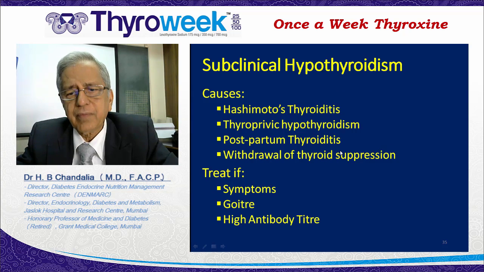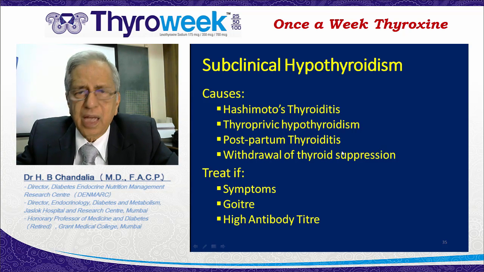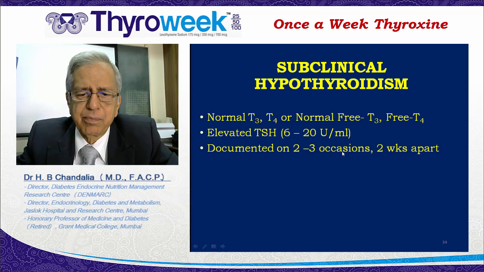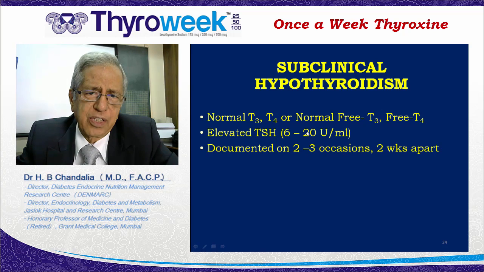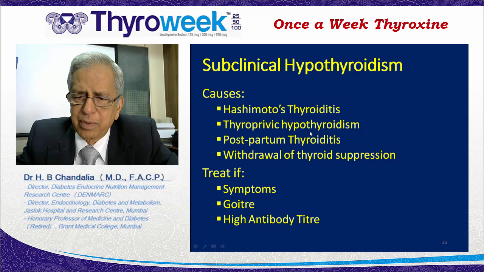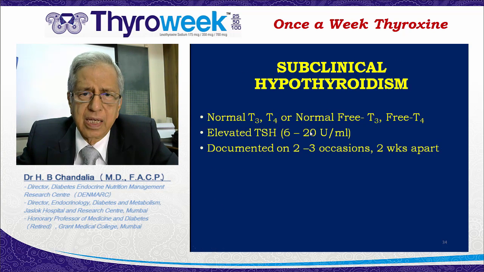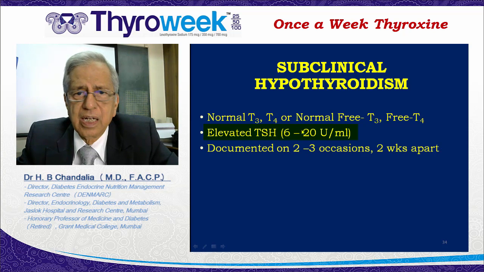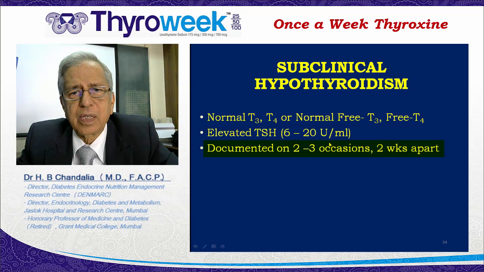patient. Subclinical hypothyroidism is a very, very important condition to be considered. It's very common. For the upper limit of TSH, various authors say 10, or some of them even say 15 or 20, should be classified as subclinical. Remember, it should be documented on a couple of occasions, 2 weeks apart, if you want to be very sure that